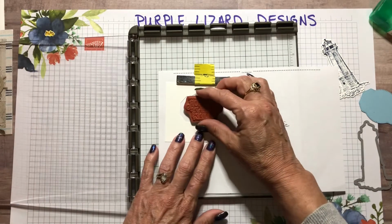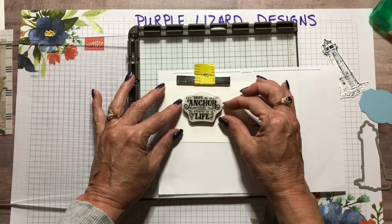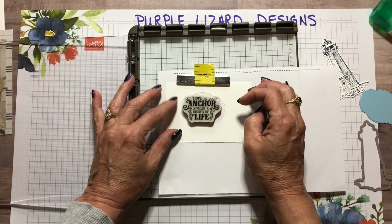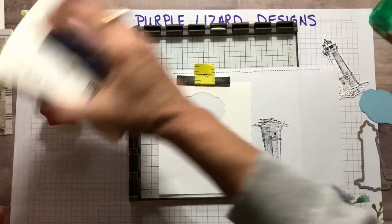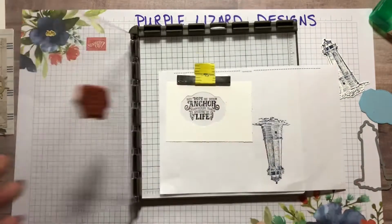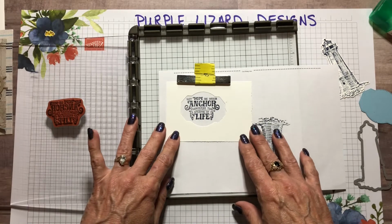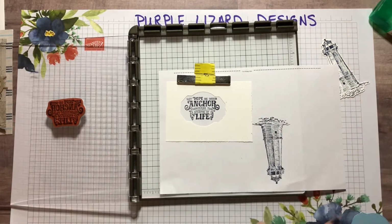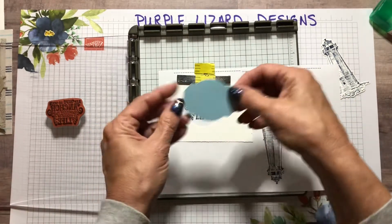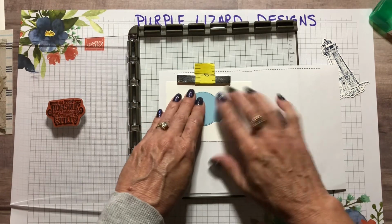I want to stamp it nicely in the middle. Wrong way. Stamp it nicely in the middle. Let's see where it's going to stamp for real, if I get it lined up or if it's crooked. That's not too bad, is it? We're happy with that. Okay, let's take our pre-cut little label here, stick it in the stencil,